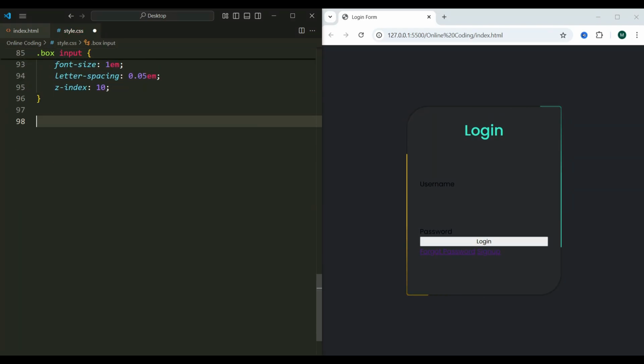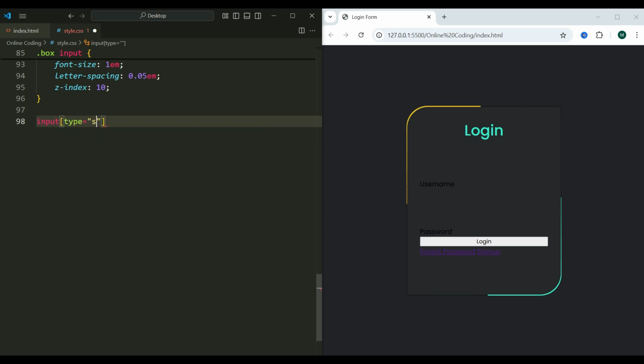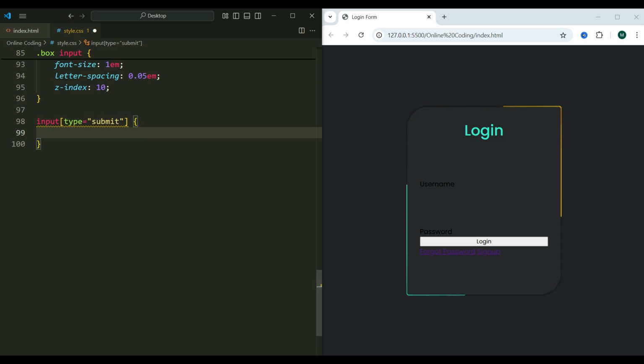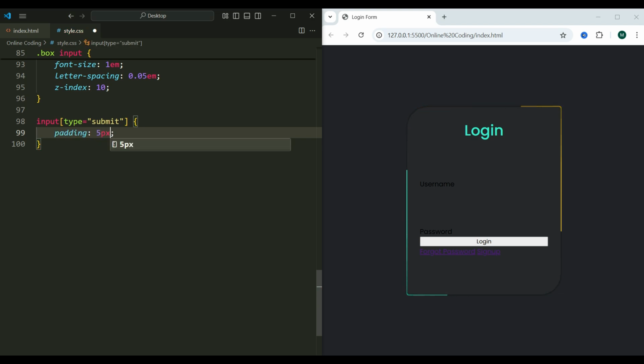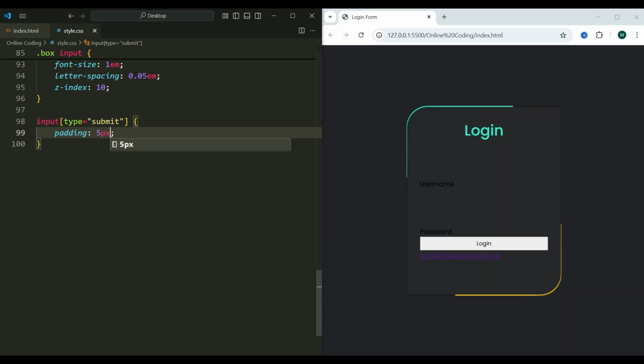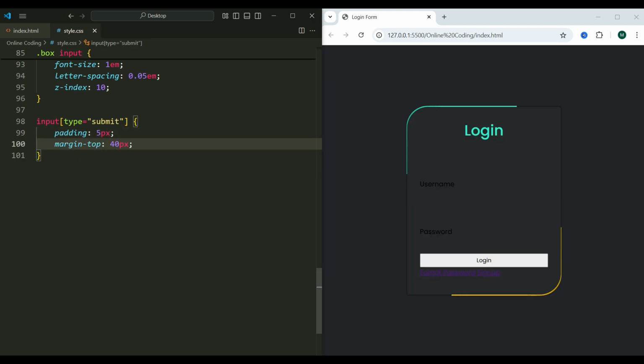The submit button is styled to stand out. Input type submit. This targets only input elements with the type set to submit. It's a specific way to apply styles to submit buttons without affecting other input types like text fields or checkboxes. Padding, 5 pixels. Margin top, 40 pixels. Creates a 40 pixel gap between the button and any element above it, ensuring good spacing